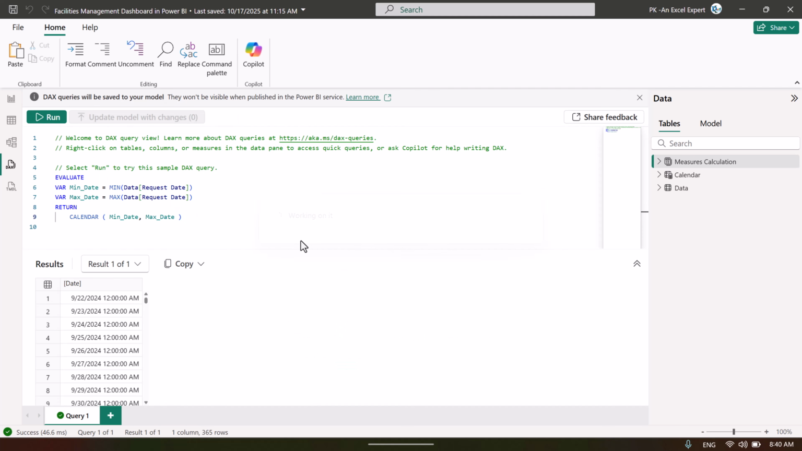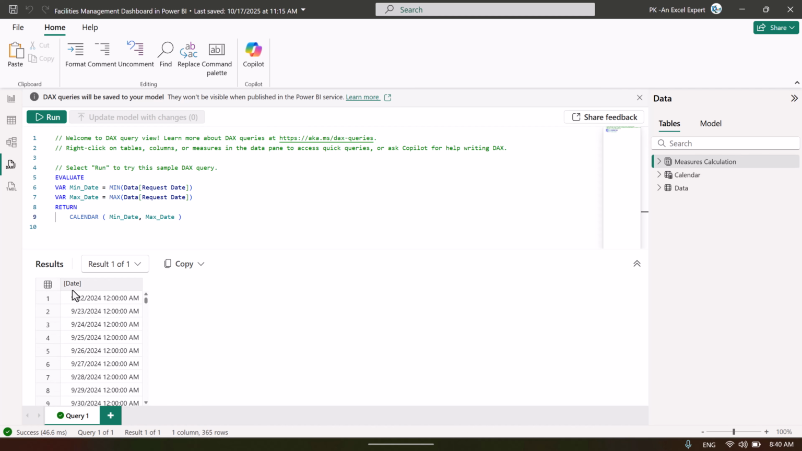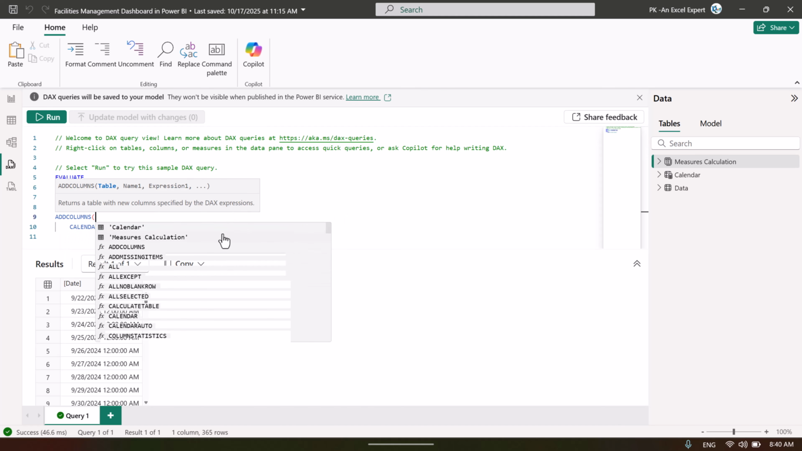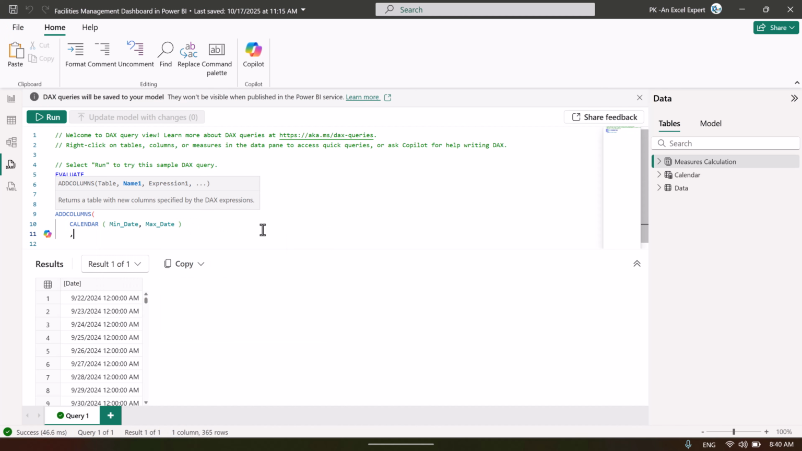Run, we can see this. Okay, it is giving the date column. Now we have this date column, so we can use the add columns function over this. We are taking this as a table, and then here we can put a comma, and let's say I want to